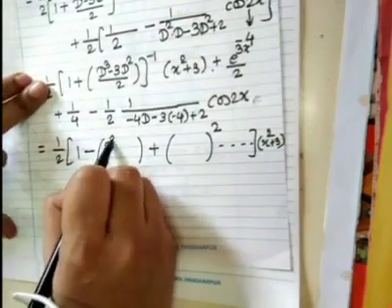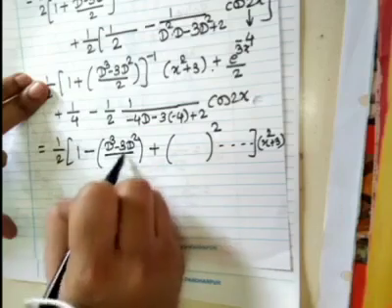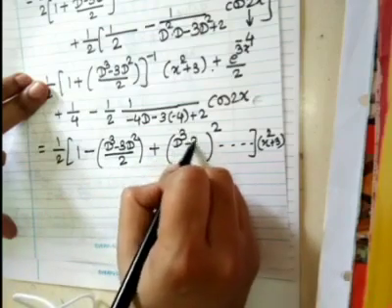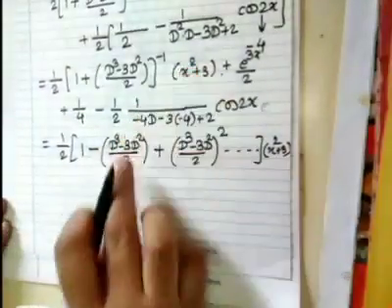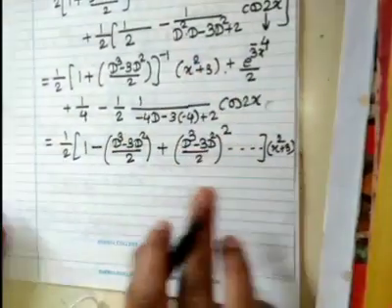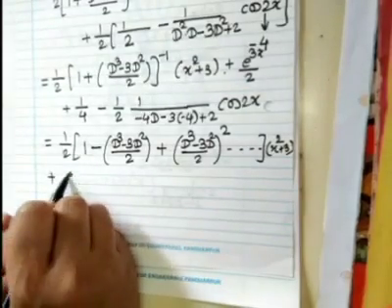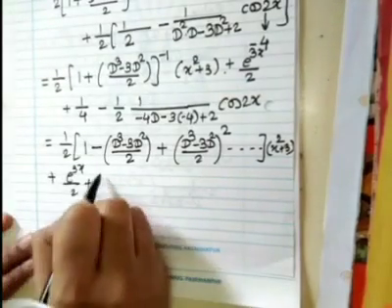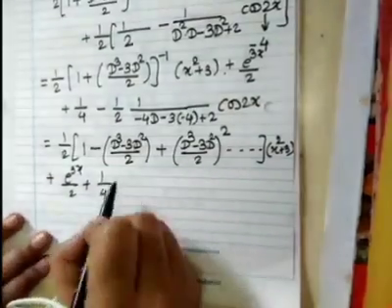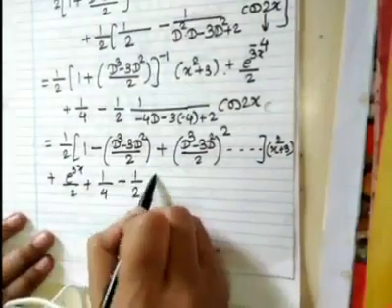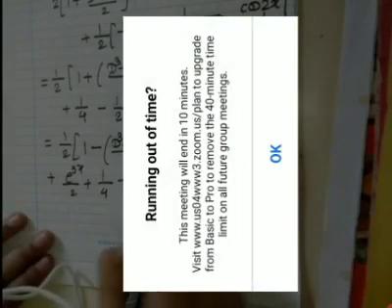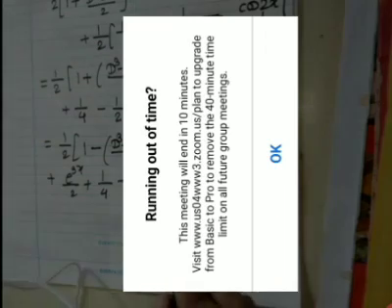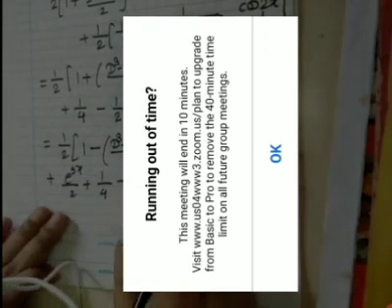Now that term I'll write D cube minus 3D square by 2, and D cube minus 3D square by 2 square. As it is square, I have to write that term up to square, plus e raised to 3x by 2 plus 1 by 4. This part is finished as it is, minus 1 by 2 into, what is this term? Minus 4D plus 12 plus 2. 12 plus 2, 14 into cos 2x.